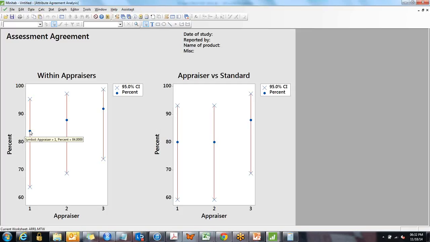And this exercise is often blindfolded. That means operator 1, when he takes the first readings, he is not expected to record those readings anywhere. Only you record it. And then the next time when you ask him to take measurements, he does not have any reference against which he can check. So he will take new readings once again. You check these two readings and see whether they are matching or not. So for appraiser 1 or student 1, 84% of the times it's matching. For appraiser 2, 88%, and for appraiser 3 it is 92% of the times. Is this clear?